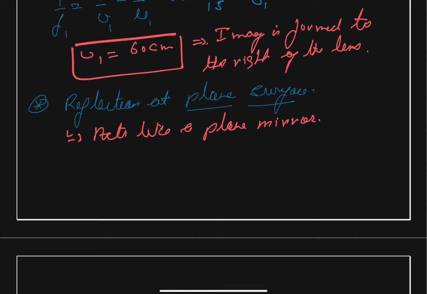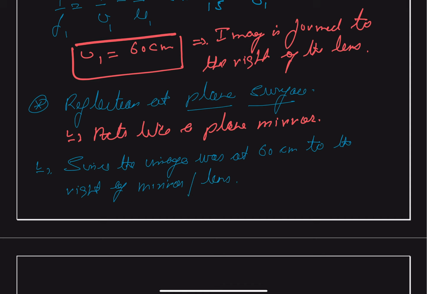So therefore, we can write that since the image was at 60 centimeter to the right of the mirror, or we can also say lens,